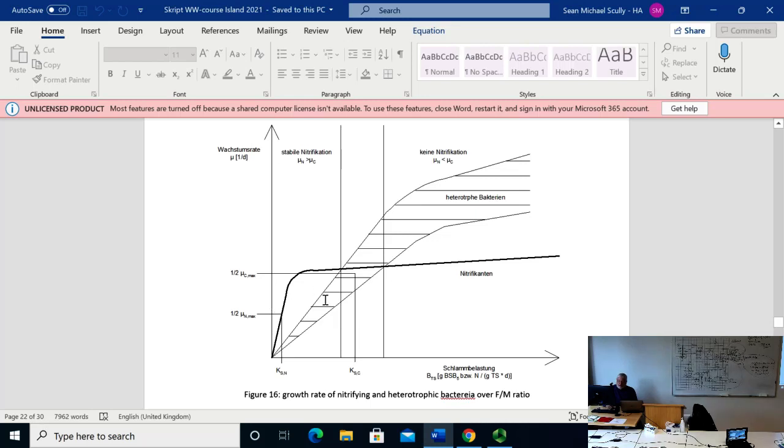And only by this can you figure out that there is a range where the growth rate of the nitrifiers is higher than the growth rate of the heterotrophs, so that you can hunger out the heterotrophs, and the nitrifiers have a chance to have the same growth rates, because the substrate for the nitrifiers, of